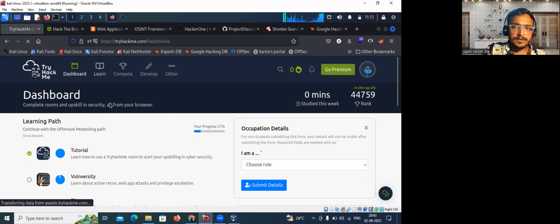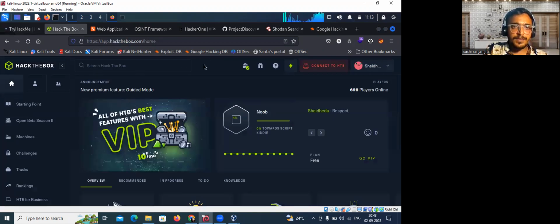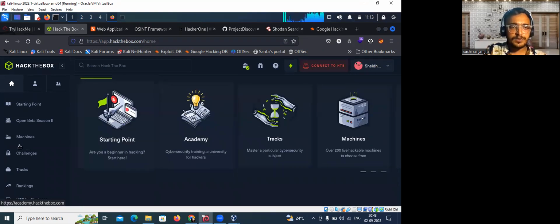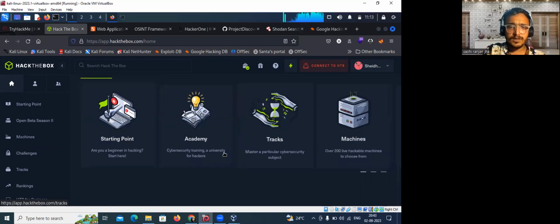Then we will be using Hack The Box as well. These are just general platforms which basically provide you some machines on which we will be working. For newcomers, if they feel left out over here, don't worry,